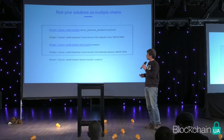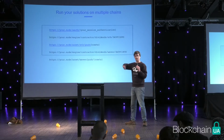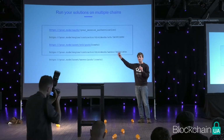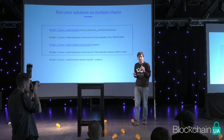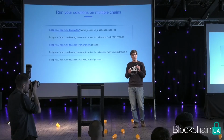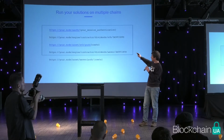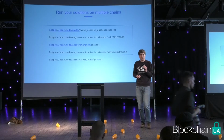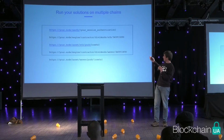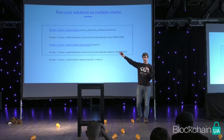So let's say you want to run your solution on multiple chains. The presentation has been a bit wonky because of the PowerPoint export, but what you can see here is a few examples of calling the RESTful API to do something simple. Like, for example, you first authenticate yourself with the Hybrid D network and create a deterministic session key in that way. And with that session key, you can do several things. You can, for example, say to a contractor that you've written, I want to give out dividends, and I want to do that on the Ethereum chain. And then you give the identifier, and then you get a raw transaction that you push into the Ethereum network,